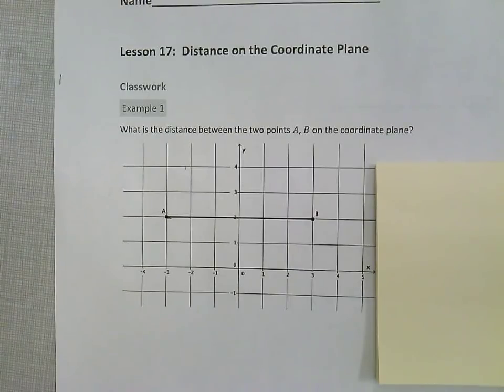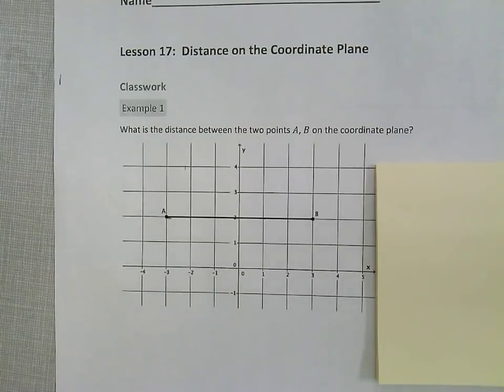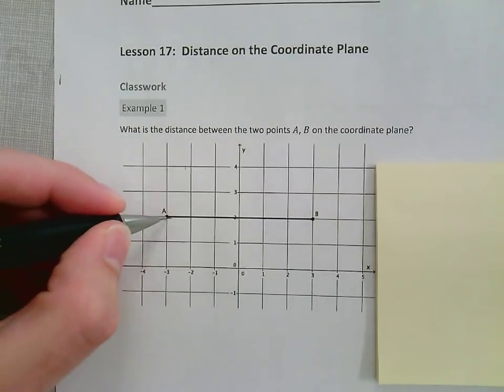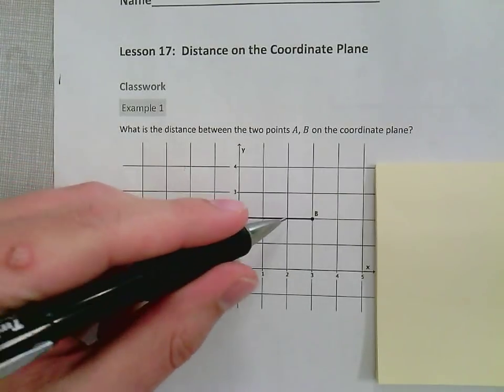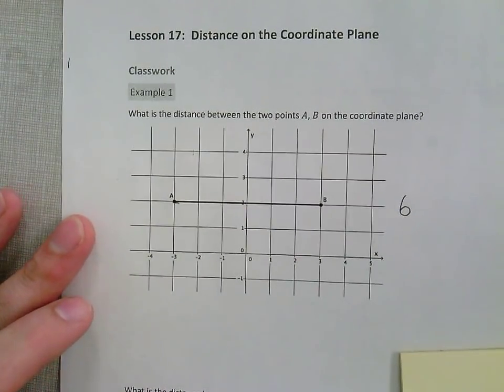Okay, so today we're going to be looking at the distance between 2 points on a coordinate plane. We're going to start off real simple. What's the distance between point A and B here? Yeah, you're right, 6. Why is it 6? We count 1, 2, 3, 4, 5, 6. Easy peasy, 6. Next one,